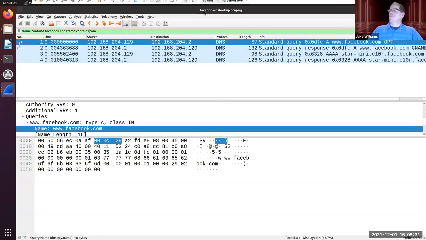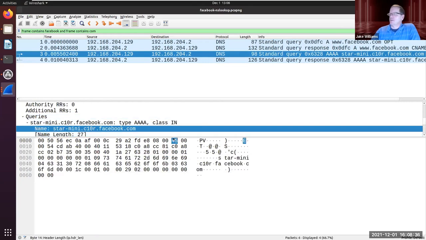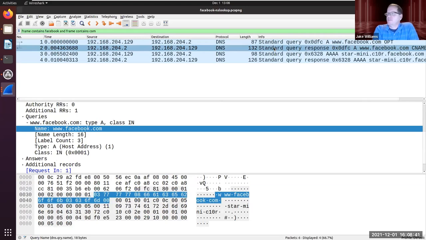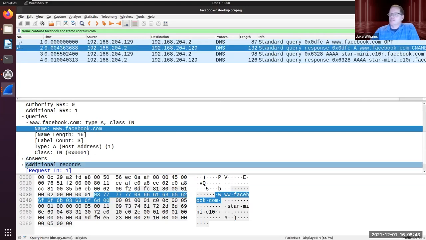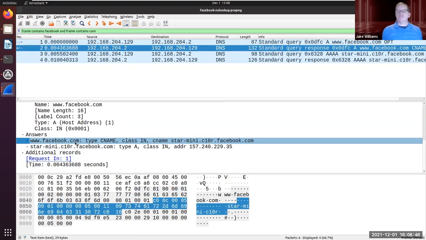Anyway, okay. So the other thing I want to highlight here is note that we did get a couple of responses here. So we've got an A record. And by the way, on the answers, let's actually take a look at the answers here. I asked about www.facebook.com, but it returned me a CNAME record, and it said that's an alias for star-mini.c10r.facebook.com. And then, because the Facebook DNS server knows what's coming next,